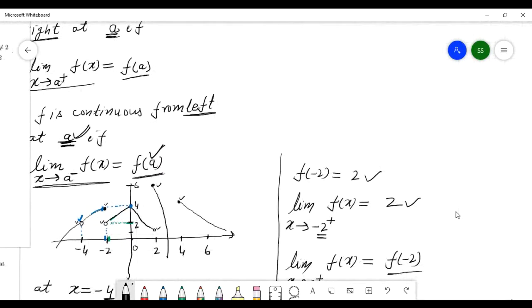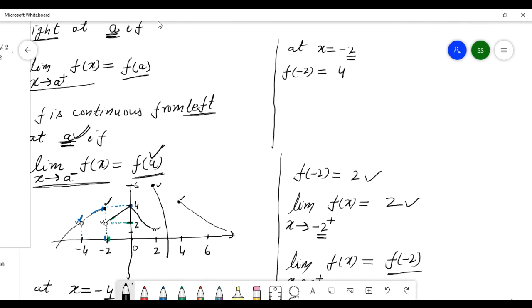Here, again check at 2. So here what will happen? If taken here whole, at x equal to -2, f of -2 comes. See here, f of -2, if you go here 4, in here open, no point. So go here up, there is a point. That is, this is equal to 4, right?